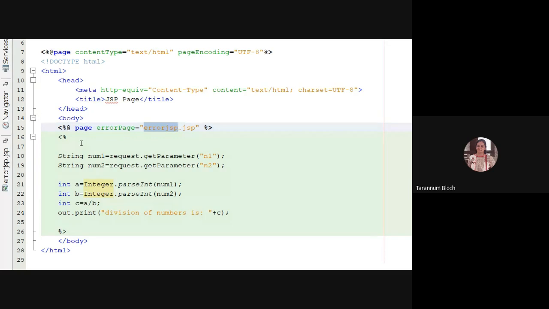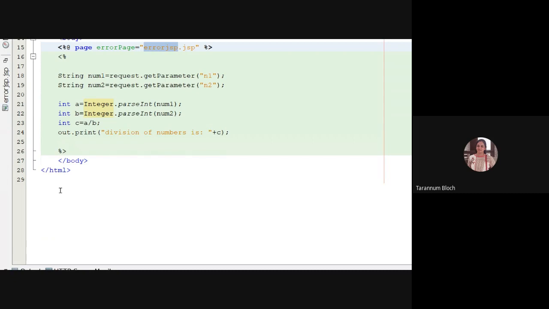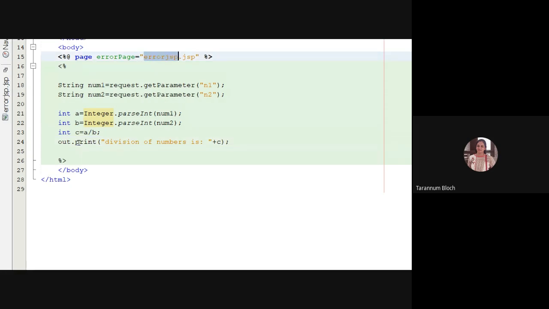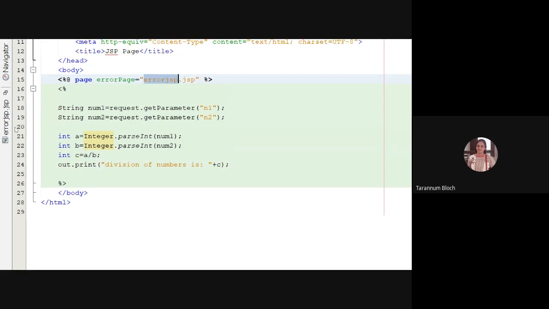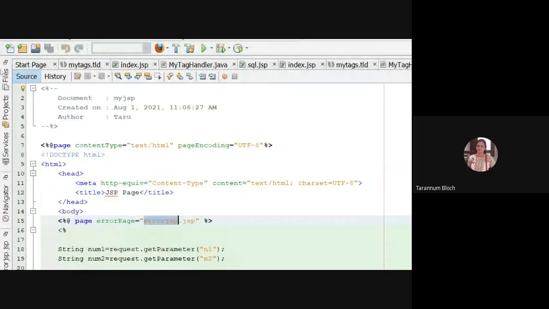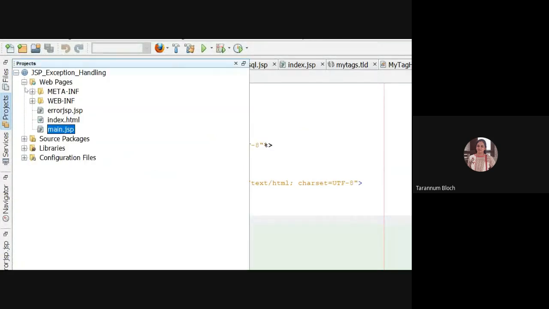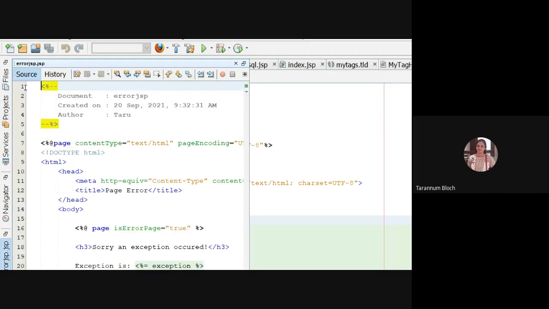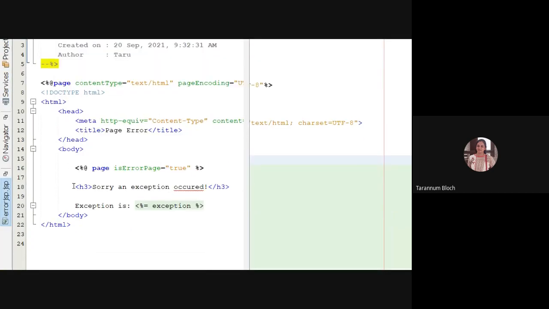What does it mean? If any error occurs in this page, we will take it to error.jsp, right? Now, this is a normal scenario, so it will not go there. It will give you the answer of the division. But if some exception is there, it will go to error.jsp. Now, in error.jsp, we are setting one more property of the page, that is isErrorPage true.